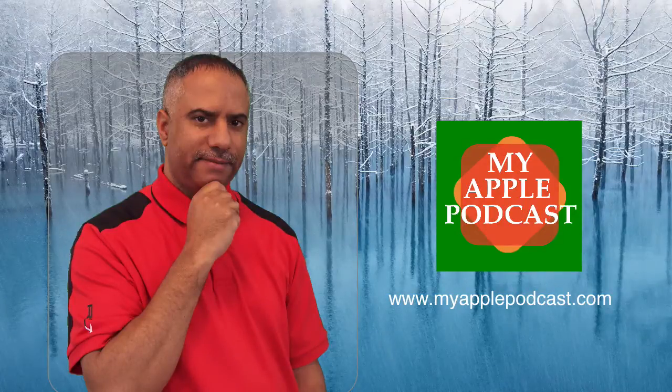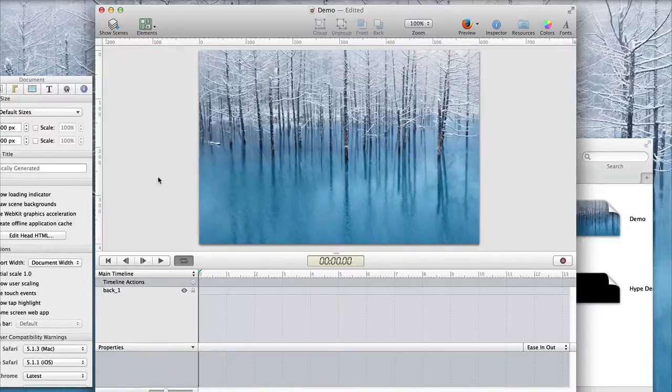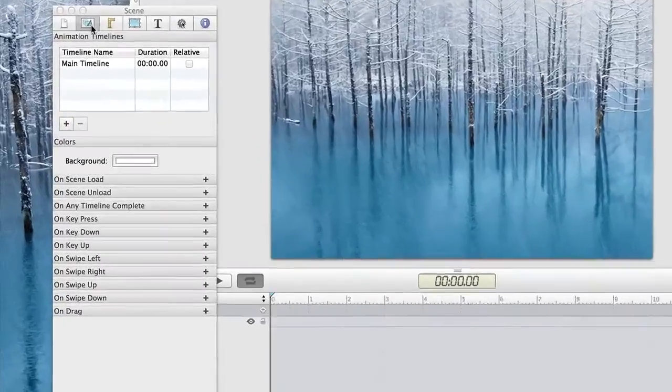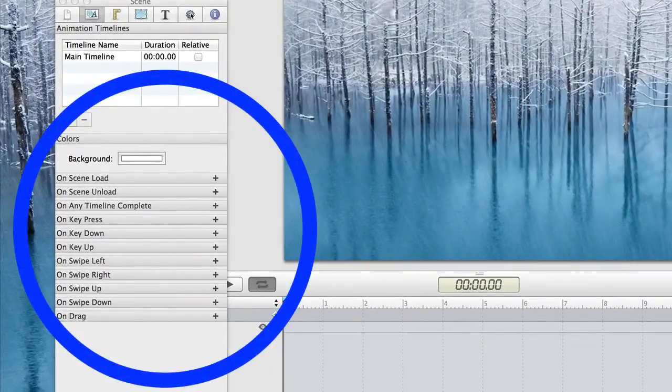As you know, I love Hype by Tumult, which is for the Mac. It's an HTML5 editor that allows you to create really cool animations. And now you can create those animations using scenes. And that's because of the new features that have been added, or controls, should I say, in the inspector. For example, when you go to the scene inspector, you'll see you have all these options for